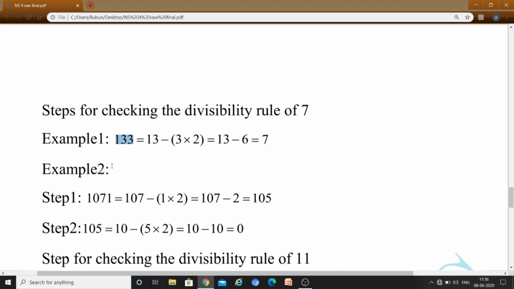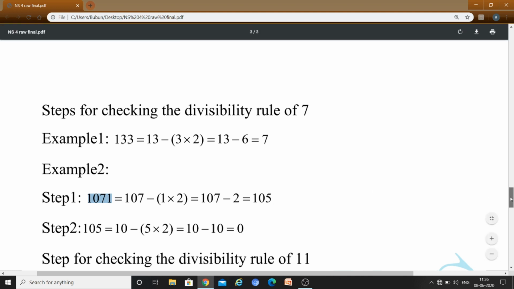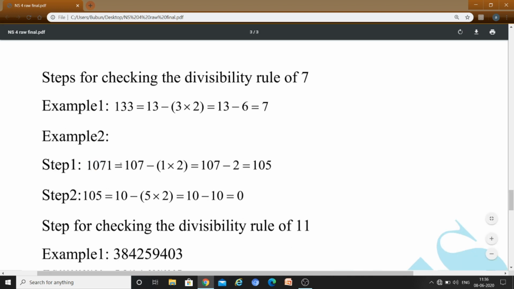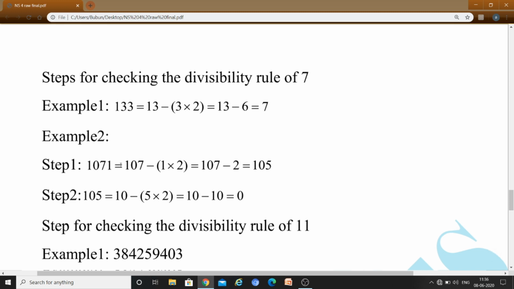Now in example 2, we have a 4-digit number. So how can we calculate this? In step 1, we have the same conditions here. First, we have to find the unit digit, which is 1. Now we have to double it, 1 into 2, which is 2. Now you have to subtract this doubled unit digit from the rest of the number, which is 107. Now after subtracting 2 from 107, we have